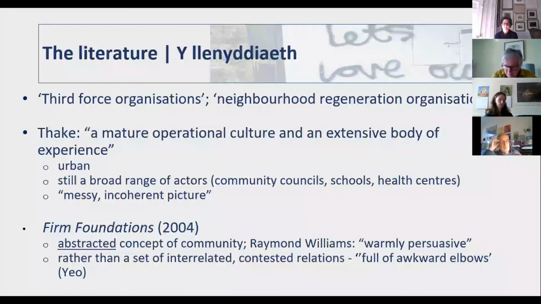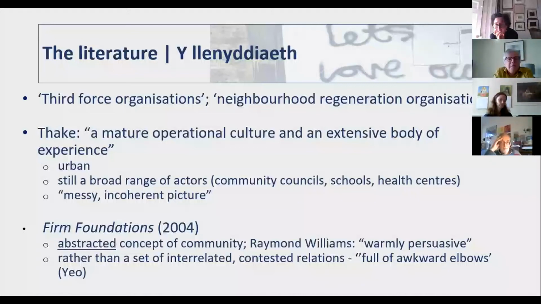And though we may all strive to achieve the same things and want the best for communities, I think most of us would recognise that there's quite a distinction between how health centres operate, community councils operate, anchor organisations, and much more grassroots, unconstituted, less formalised community groups as well. And things like social prescribing, for example, are beginning to tease some of those out in a very practical way at the moment. So these terms that we use in the literature still tend to be very broad, and personally, I don't think necessarily all that helpful.